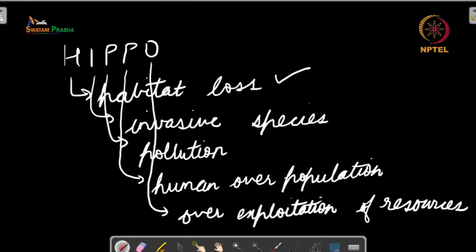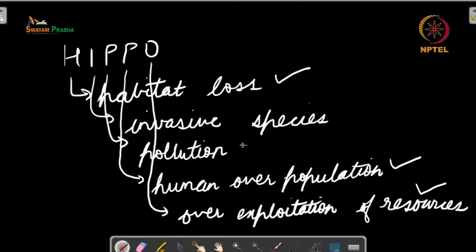In a large number of cases, we also find that the cities and towns have been expanding with time. If you look at your town or city or village, and if you ask your parents and grandparents, they will tell you that, okay, some time back this was a small town. Now it has expanded because the human population has been increasing. So in the case of human habitation, we have human overpopulation. Now if you have an overpopulation, the population size is increasing, then people require more resources. They require more food, they require more water, they require more fuel wood, and so on. And so this will lead to an overexploitation of resources.